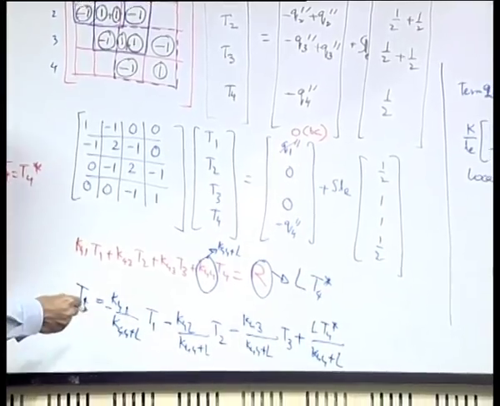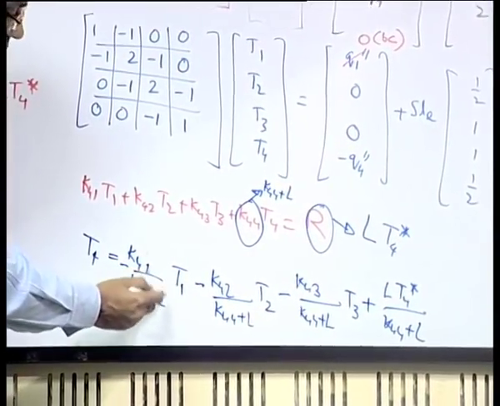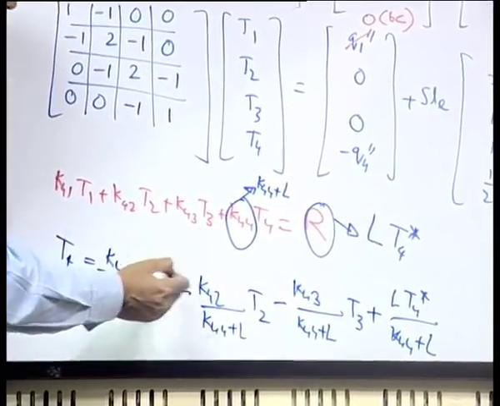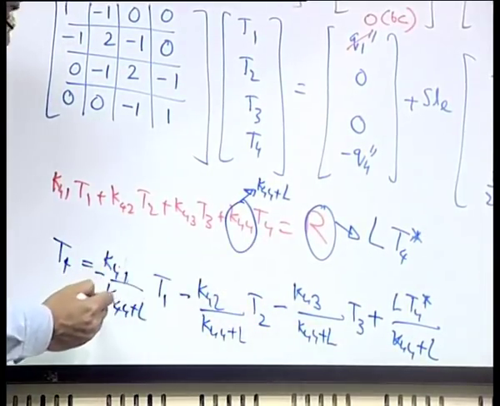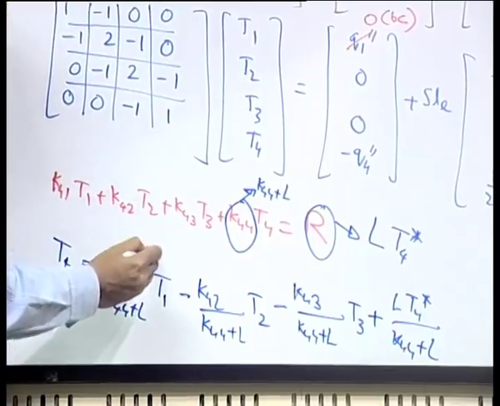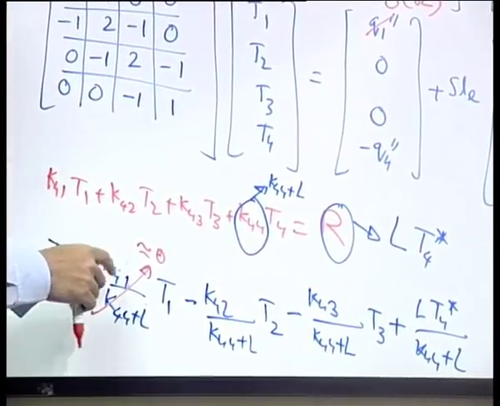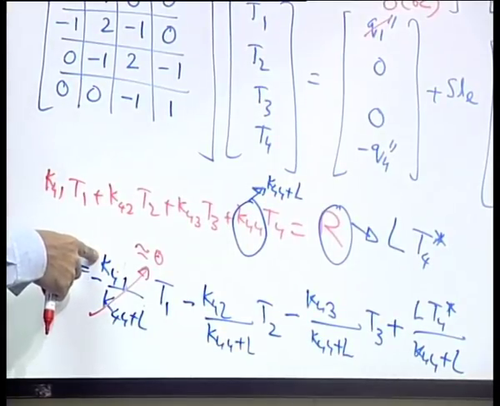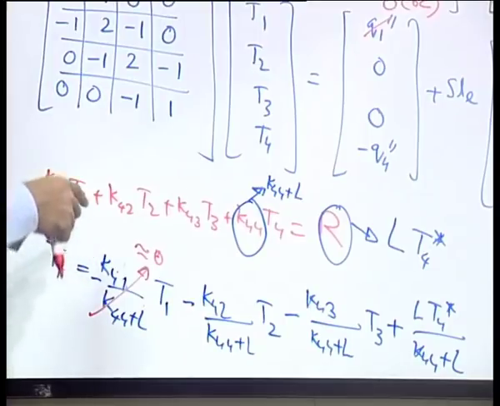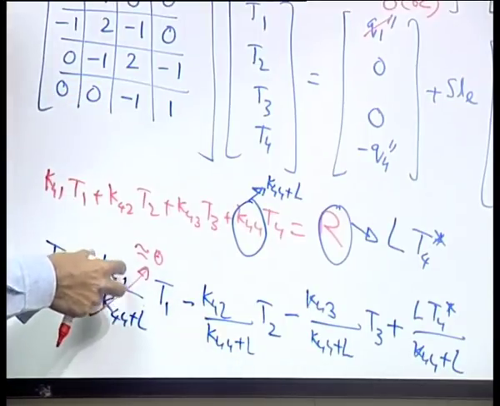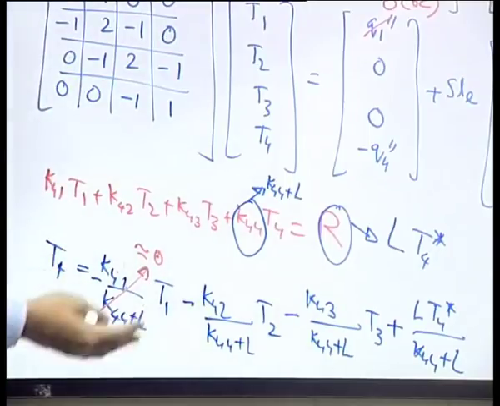So you want the large number to be so large that it is much larger in comparison to all the individual K41, K42, K43 like that. So when you do that, this term will be very close to 0. Largeness or smallness depends on the values of the individual numbers. So you do not have a universal rule for that. Depending on the individual entries of K, you must keep it much larger in comparison to that.